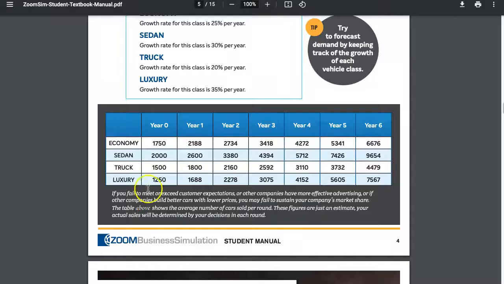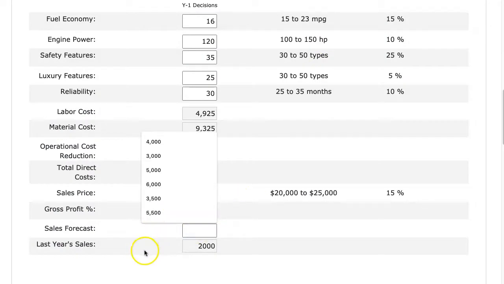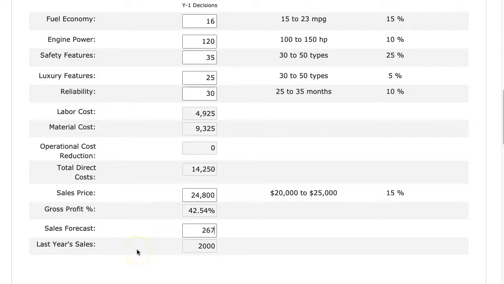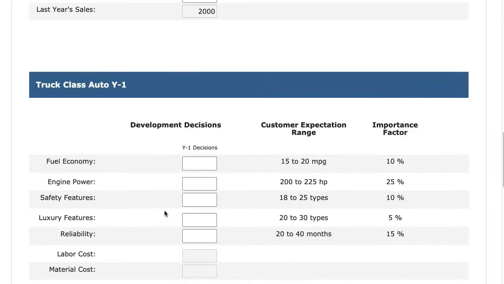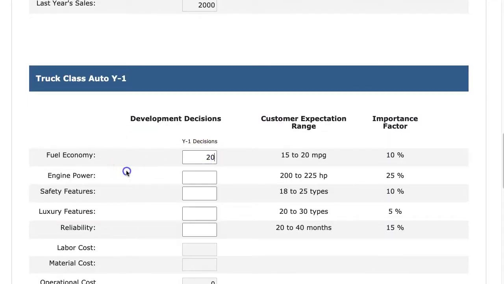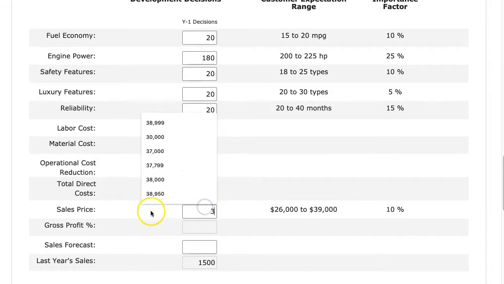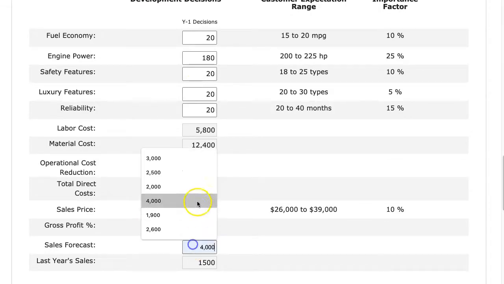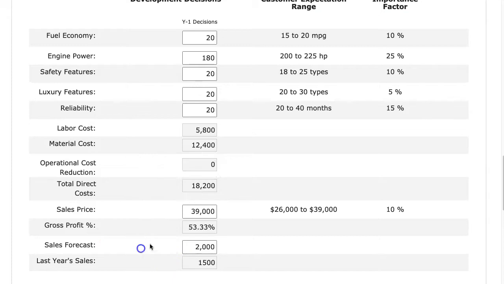And again, I go to the user guide, I see sedan 2600. So maybe I think mine's going to be a little bit better than average. And you just kind of rinse and repeat with this. Now, a couple of key things to consider that's important is, I'm going to just fill this out quickly. I'm not really thinking here anymore. So don't copy these. I'm just kind of getting this done quickly